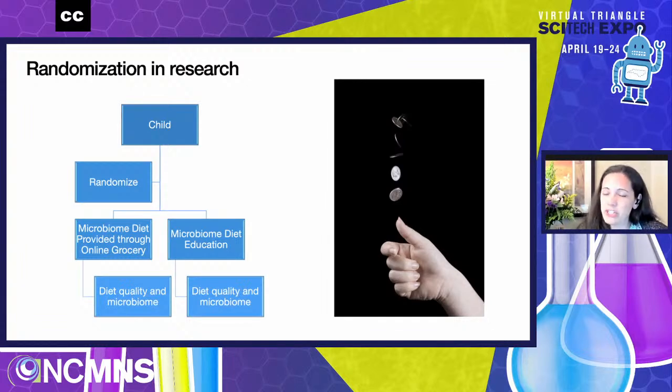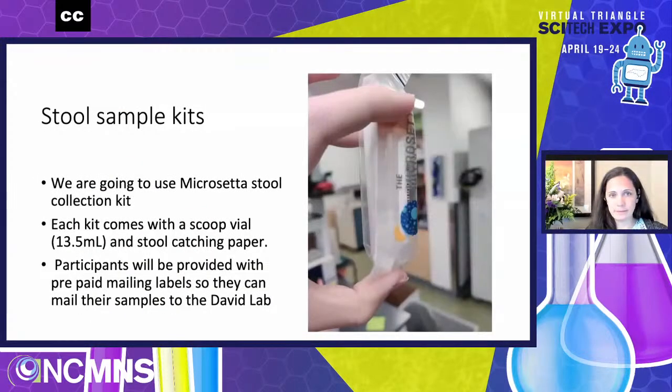And at the end, we're going to check to see how this food affected their diet quality. So was it a high quality diet? Lots of things that we think are healthy for children to grow. And we're going to check their microbiome. And by we, I mean Lawrence's lab is going to do all that work because that's what they're really good at. And they're going to take a look at all those bacteria and tell us a little bit more about how maybe it changed or didn't change and how it changed differently between the two groups who got the food directly or were sort of on their own to go get it. Okay, and I'll pass this part back to you, Lawrence.